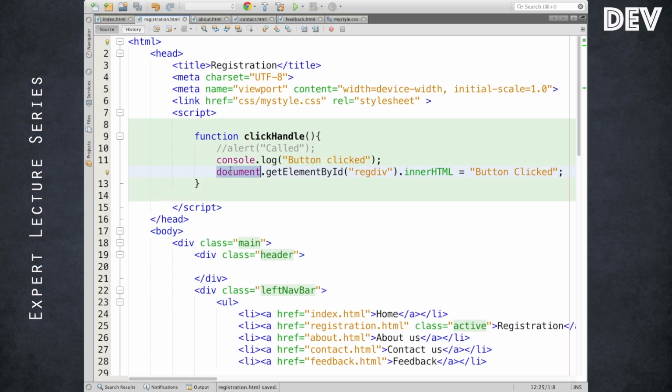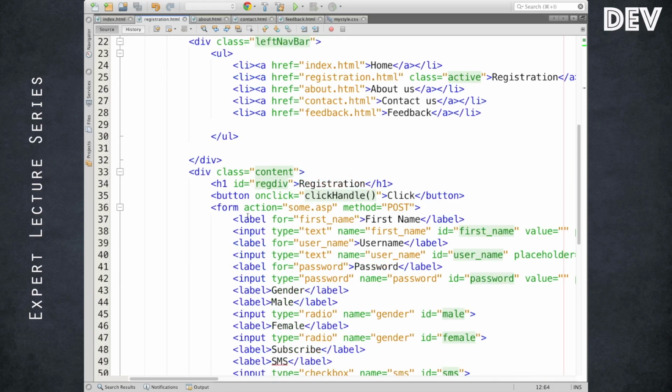the document global object, the instance of your entire page, whatever document object model exists, is going to search for an ID called rechdiv. Assuming it has found the ID and has the instance of that particular DOM element, its inner HTML is going to get a new value called button click, something like that. Because h1 itself has its own design, I'm going to set the HTML value inside, whatever the content. So this one is going to get changed when I click the button.